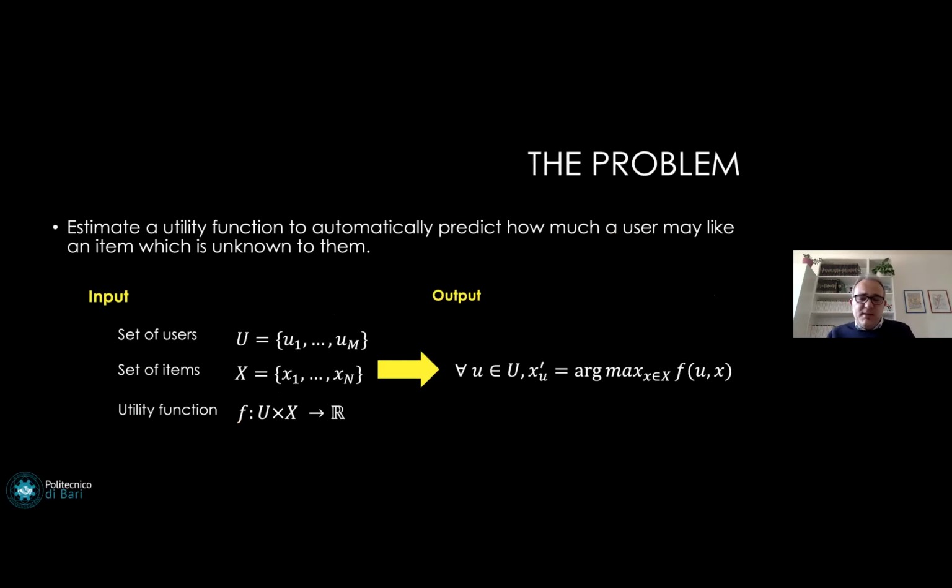From a mathematical point of view, this is the problem. These are the main elements that we need to formulate the recommendation problem. We need a set of users, a set of items, and an interaction matrix, a user-item matrix, where we have all the interactions between users and items. By using these three elements, what we are going to do is to compute this